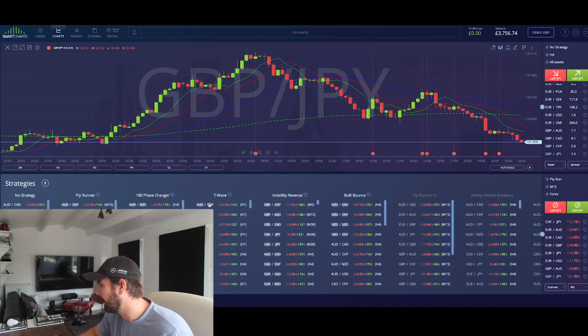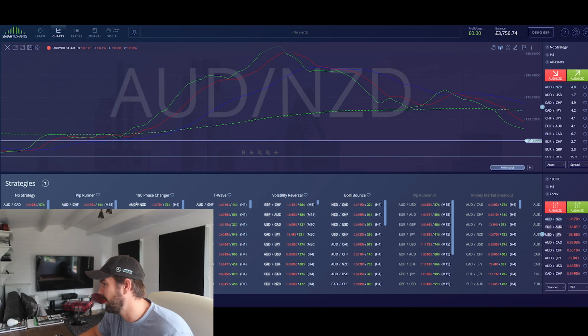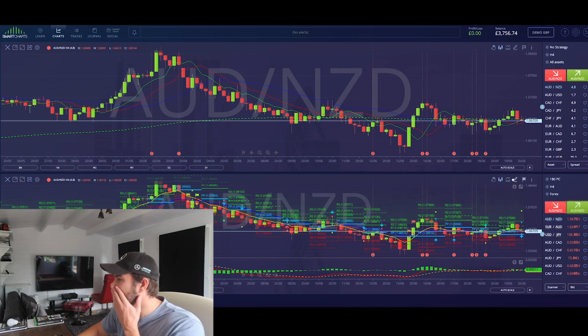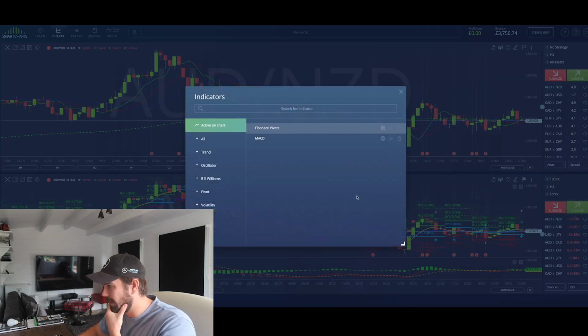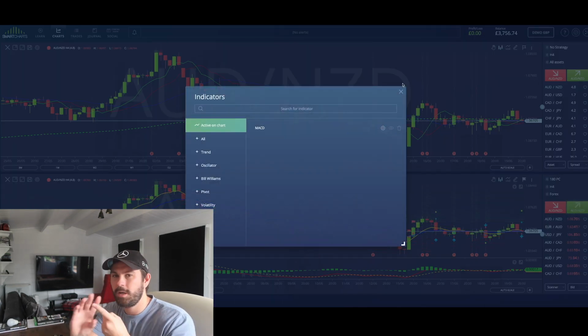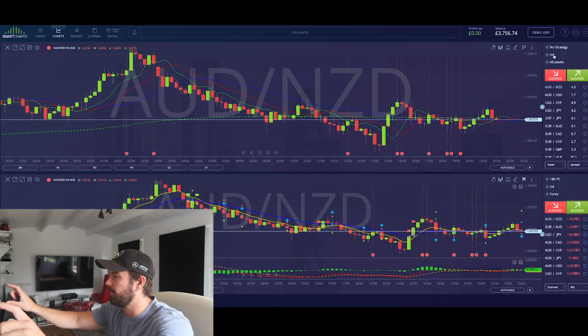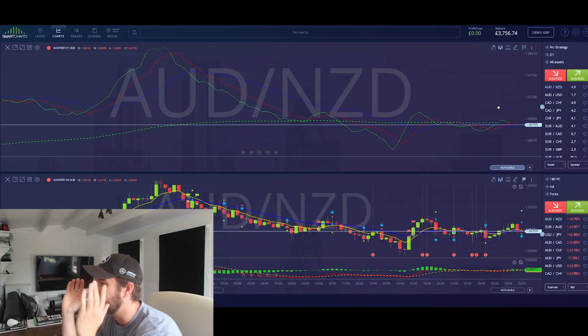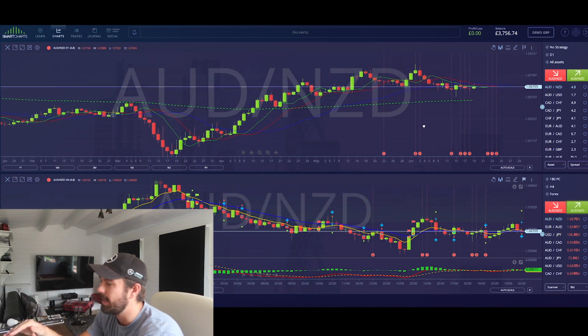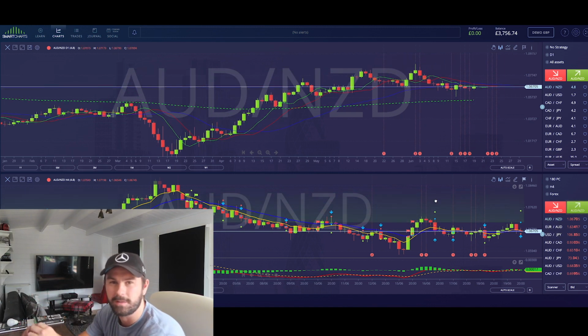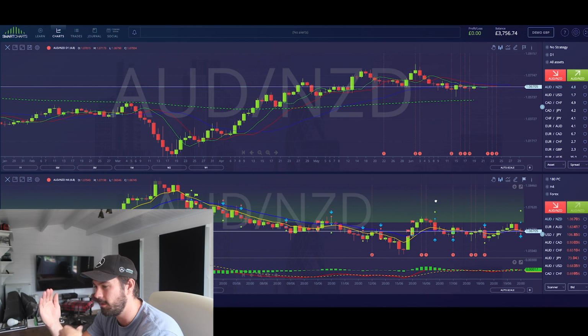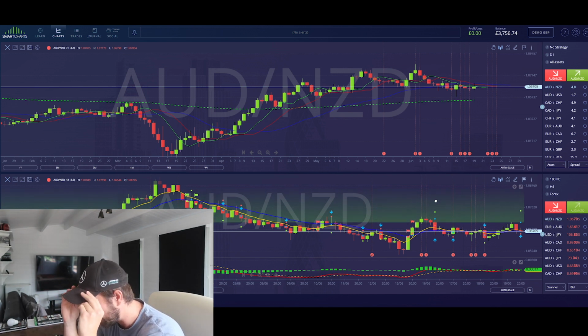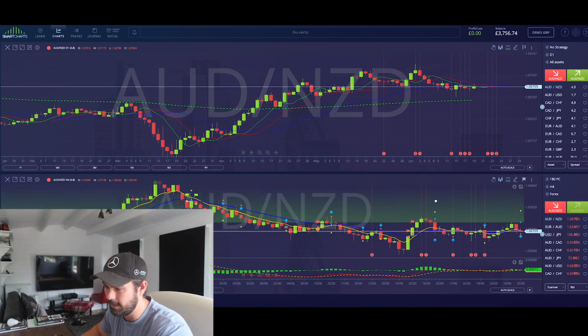Let me just turn this pivot points off because I do not use them for 180 phase changes, and I'm going on the daily. So what I would do is I have simple rules. One, the top chart is the daily. The one below that is the action chart, which is where Smartcharts gives out all the signals saying, hey, you want to go long here, you want to go short here. That is it. I'm going to get rid of the MACD because I do not use that either.